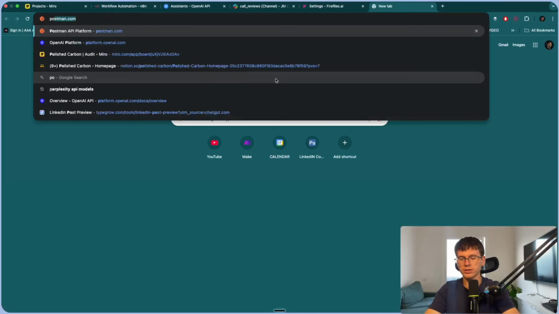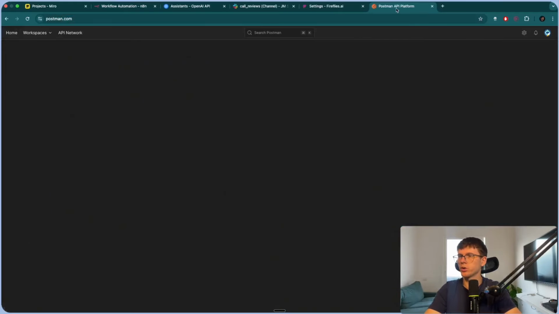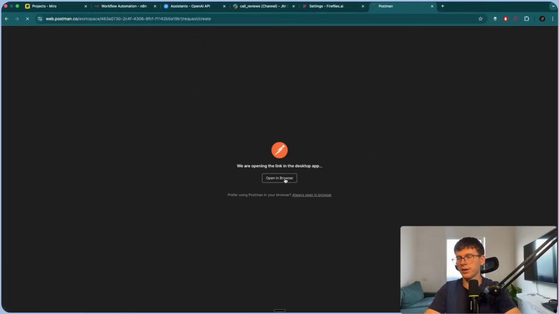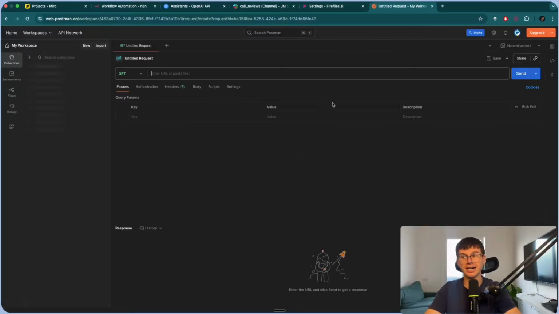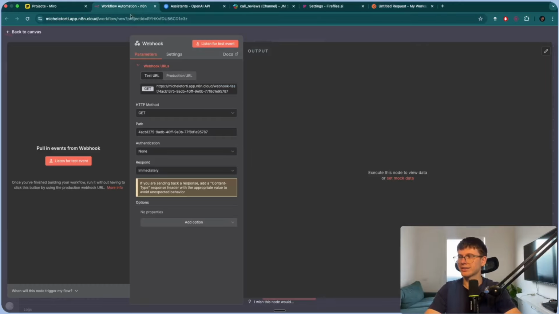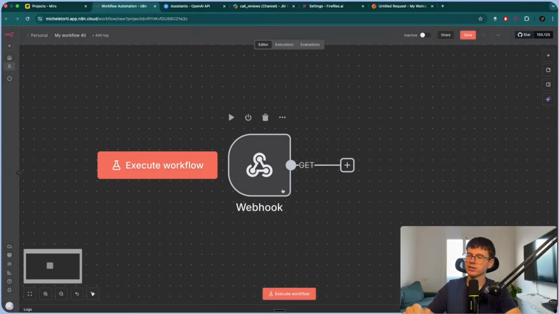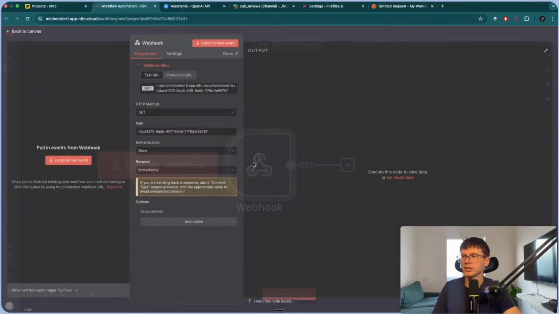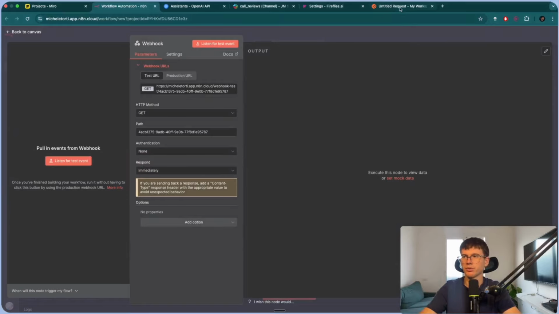Now, in order for us to send an example request, we're going to go to Postman API, which is a new thing that I haven't introduced before. But it actually is a really, really good software. It's very easy to use. It looks a bit fancy and techy as well. But we use this when we are testing webhooks, right? Because something like this, to test it, you would have to go on a call. You have to finish the call, you need to say something on the call, and it will take too much time to test. So what we do here is we set up a sample request, example request.